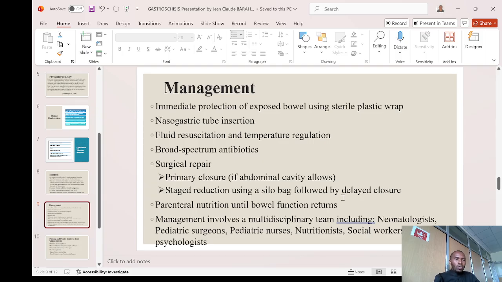so that the intestine will not continue being enlarged. The next thing we do is fluid resuscitation. Just give enough fluids. You know that the intestines are outside, so the patient is at risk of dehydration. Make sure the baby is not affected by the temperature; the temperature has to be well monitored. You have to administer broad spectrum antibiotics. This is mandatory, because these exposed intestines are at high risk of causing sepsis in that baby. So it is very important that you administer broad spectrum antibiotics.